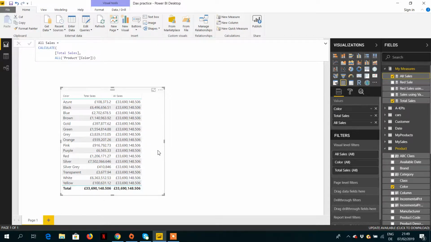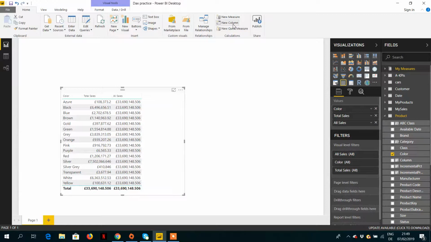So it is a very useful function if we need to compute a percentage. For the black color, we need to divide this value, 6496, by 33690, the total amount. Let's calculate the percentage. We can create one more measure here.